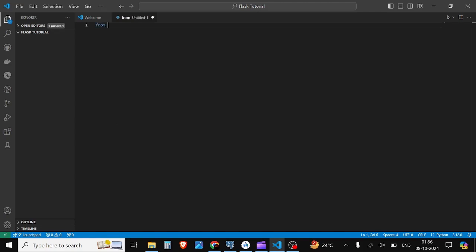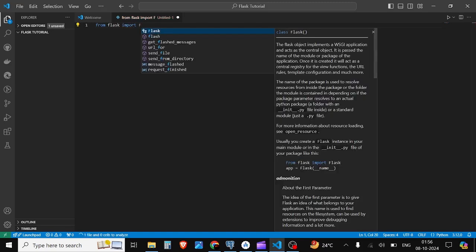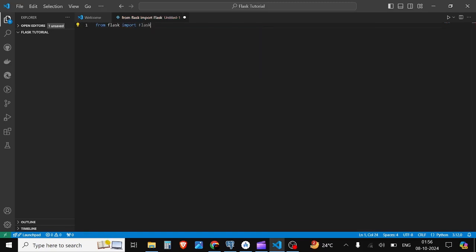First of all, from Flask, we will have to import the libraries, and Flask is the most used one. Then here we'll declare an app variable. App is equal to